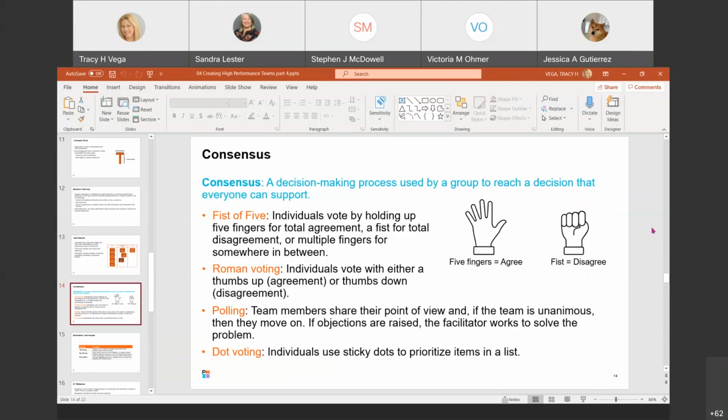If you're giving somebody 10 dots, they can vote up to 10 times, so they could put all of their dots on one topic if they think that topic is that important. Based on the number of dots that each item receives, that's the priority that's identified, which one's going to go first, which one's the most important to discuss. Any questions there? That's all pretty self-explanatory.